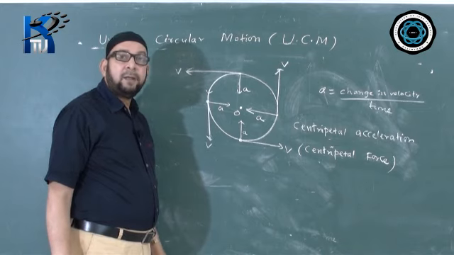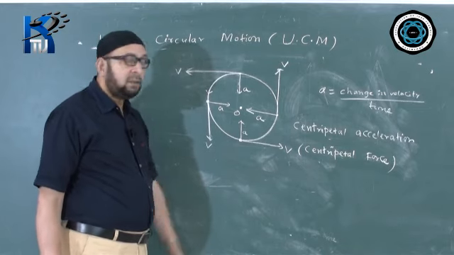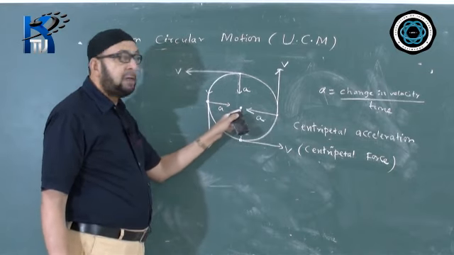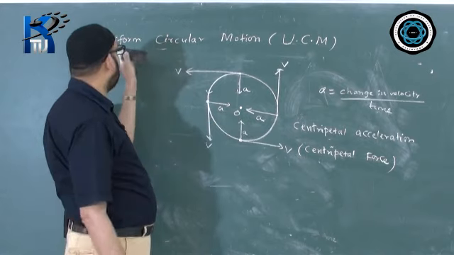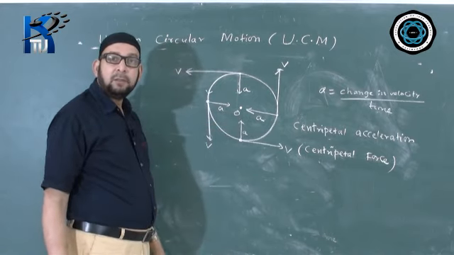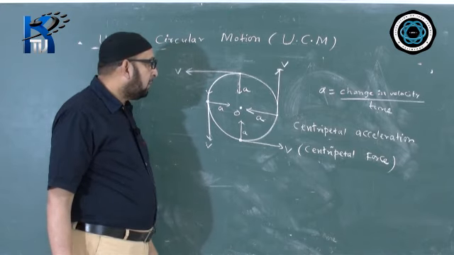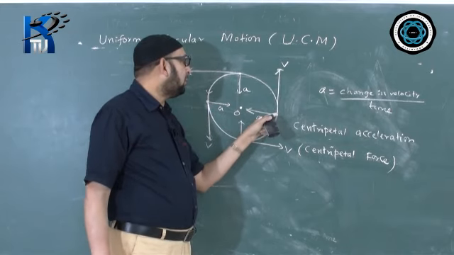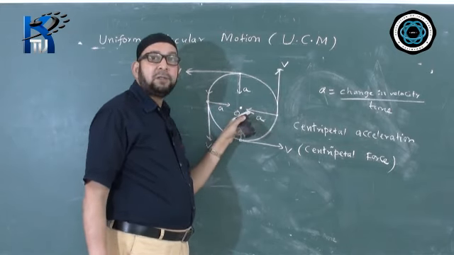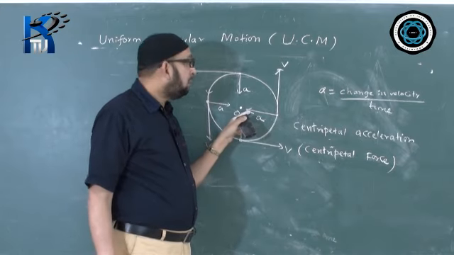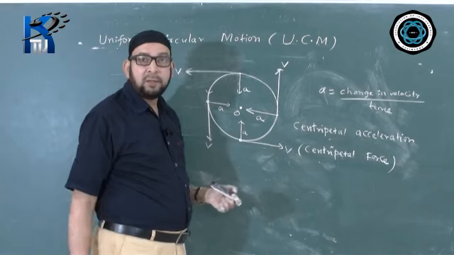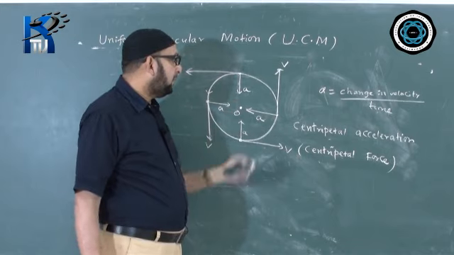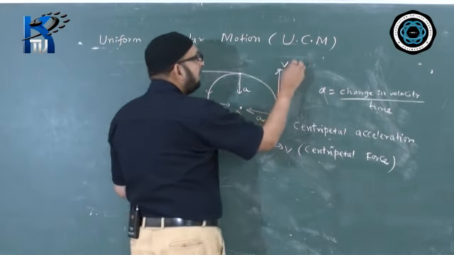Now the question may come, what is centripetal force? We say the force acting on a body towards the center of a circular path to keep it in uniform circular motion is called centripetal force. So you may get a question in ICC coming like this. What is the direction of velocity and what is the direction of force or the direction of acceleration when a body is moving in a circular path with a constant speed? The answer would be velocity will be along the tangent.